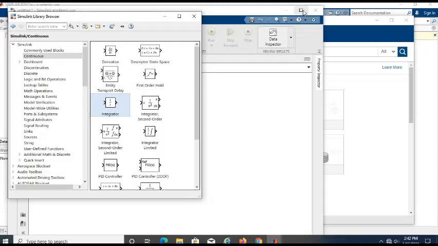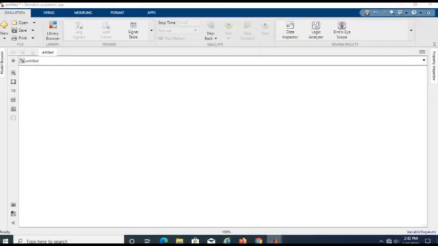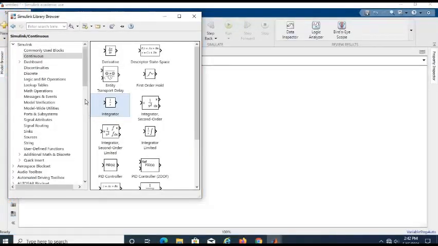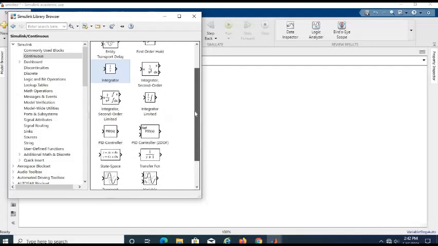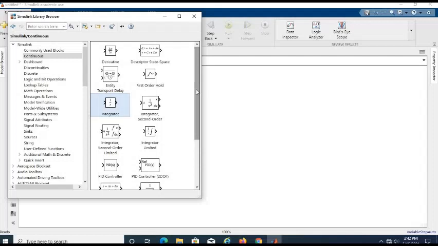And then okay, from this we start how to develop the model first. In this case I use the subsystem to develop the model.